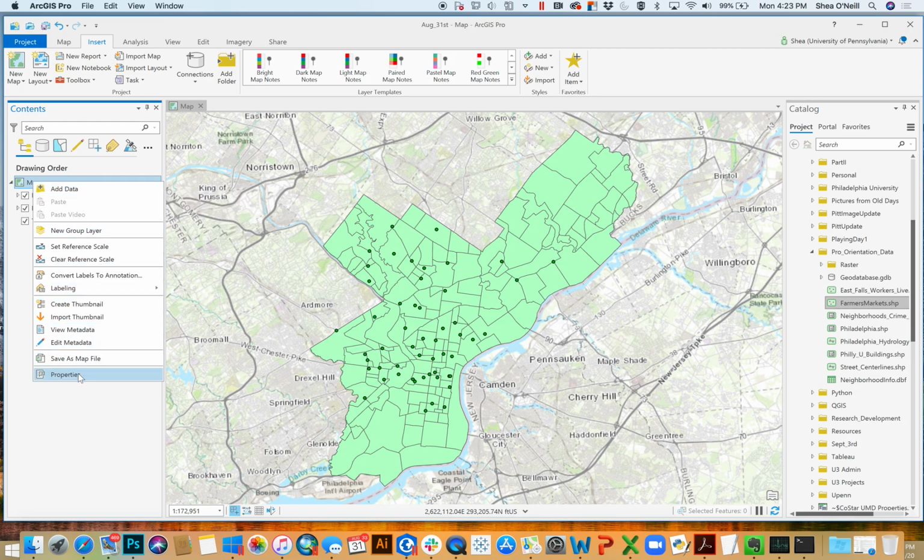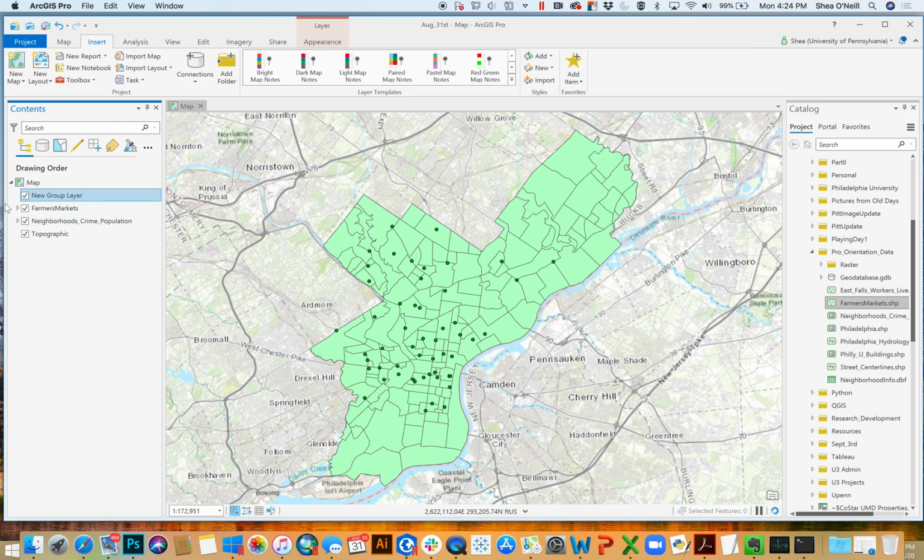In a couple of moments, we'll go through this concept of properties, for what we're seeing here, because it's a little advanced. But I kind of just wanted to show you this idea of a group layer. Click on that real quick. Something says group layer. Maybe click on it again. You can name it. Call it grouping stuff. And the neat thing is I can start dragging my other